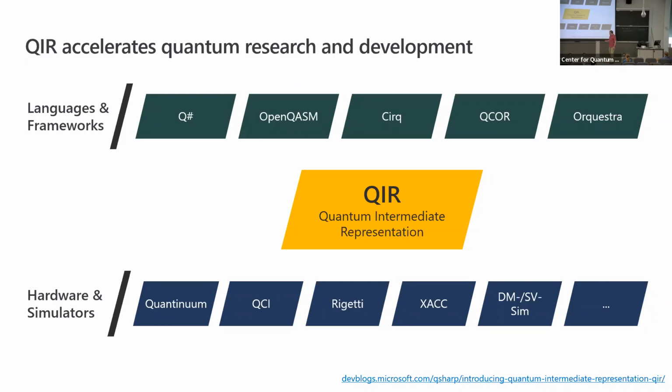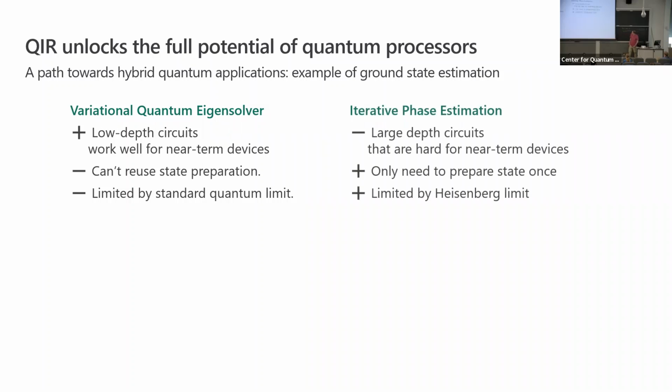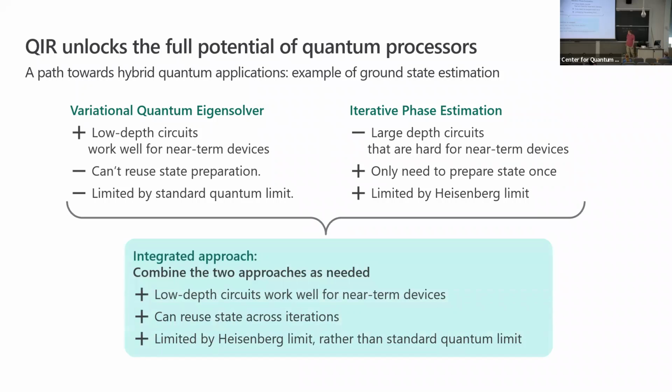What I wanted to show you is one example that is enabled by QAW, and that has to do with phase estimation. As you all know, for standard approaches to estimating ground state energies, for instance of a Hamiltonian, there are very different choices. One is VQE. We know the scaling and the limitations of that. It's bound by the standard limit, so it scales with 1/epsilon², the many shots that you need to do. On the other hand, you have phase estimation methods. They have better scaling, but typically much more depth. So hybrid compute allows you, in principle, to leverage advantages from both worlds.